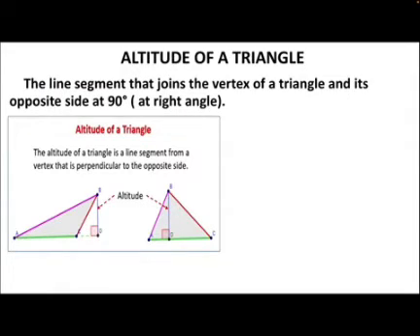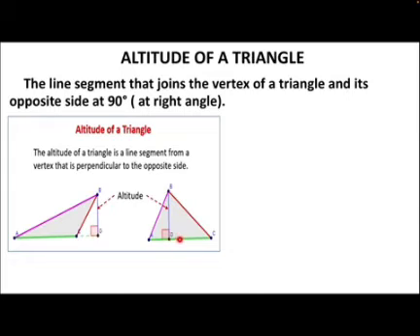I hope all of you can see this. This line, which is that line? BD. This line segment is the altitude because it is meeting this side at 90 degrees. The angle formed between the altitude of the triangle and this side. See this angle? It's 90 degrees. That's why BD becomes the altitude.